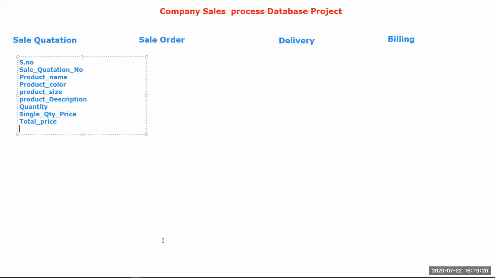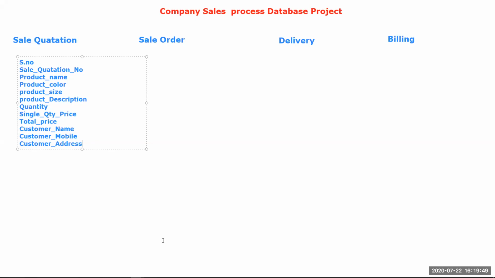Okay, then you have to give customer name, then customer mobile, then customer address.